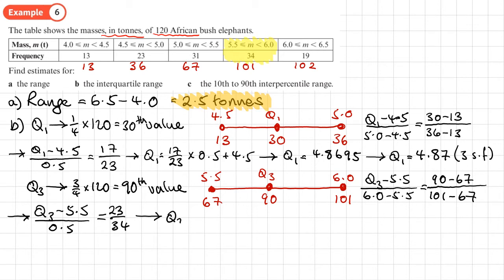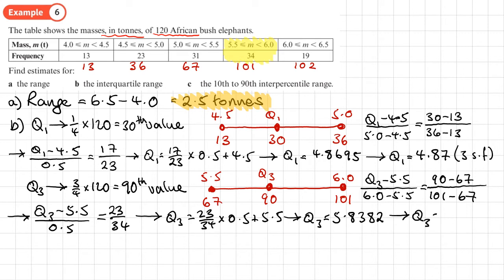So Q3 is going to equal 23 over 34 times 0.5 plus 5.5. So Q3 gives us 5.8382. I'll round that to three significant figures, so I'll have Q3 as